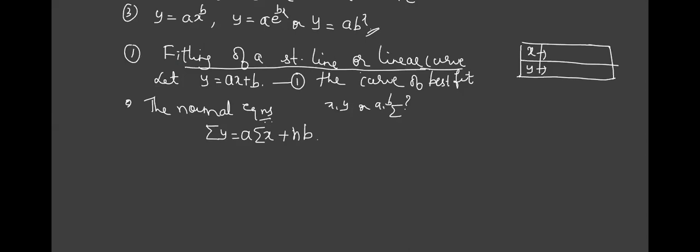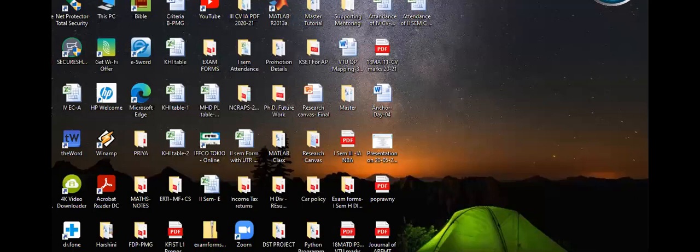Yeah. If I find x and y, this is of no use. If I substitute for x and y, is it going to be a straight line any longer? Suppose I get x equal to 2 and y equal to 3, so 3 equal to 2a plus b is as it is. If I write like this, can anybody tell me, is it a straight line?